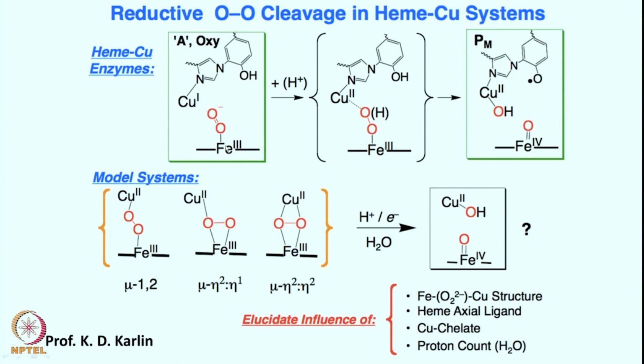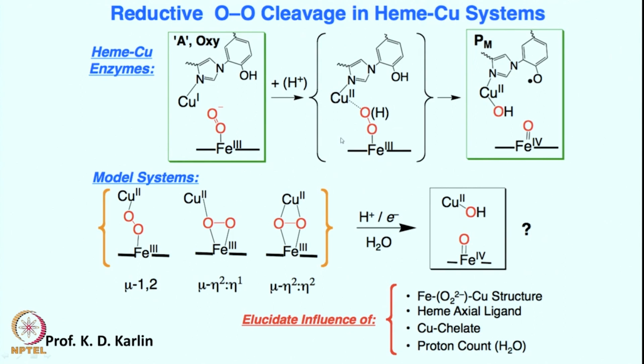It will bind with the oxygen to give the iron 3 superoxide. Iron would have been outside the plane, now pulled in with the histidine also moved in. In any case, this is going to be the iron 3 superoxide species, the very first intermediate formed. Characterization of such an intermediate in synthetic studies is done, but most importantly it will almost immediately react with copper 1 to give rise to a peroxide intermediate. This peroxide intermediate could be the iron 3 OO copper 2, or it could be an iron 3 hydroperoxide intermediate.